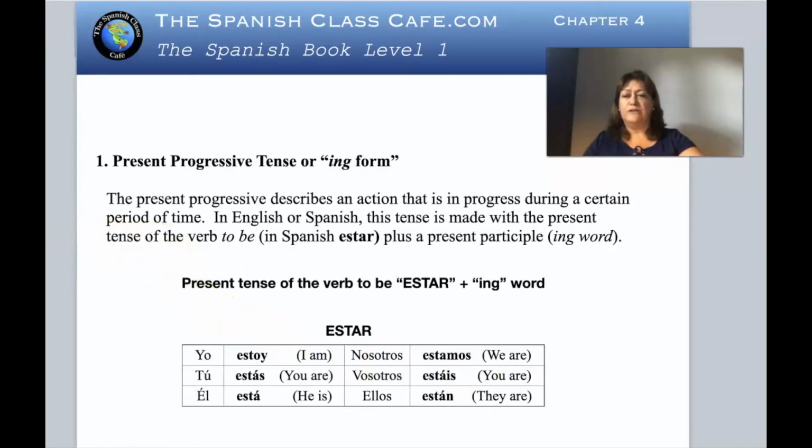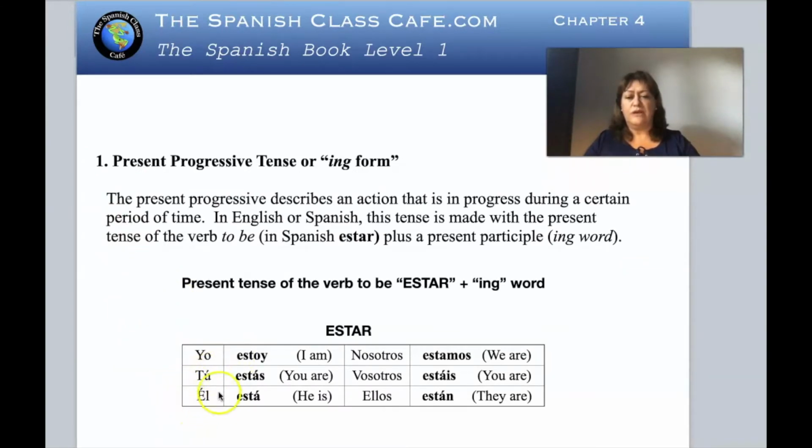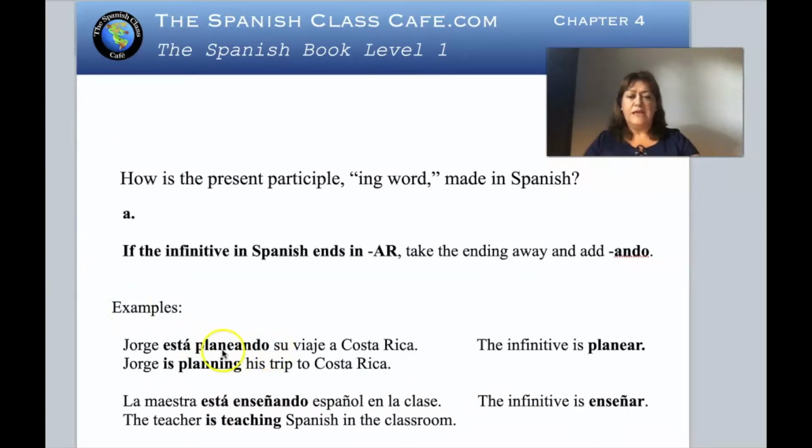Okay, let's see how we build the present progressive tense, or ing form. If the infinitive in Spanish ends in AR, we are going to change the AR for ando. And then, like we said, the verb of the sentence is going to be the present tense of the verb estar. Then for Jorge, that is he, and we see the chart right here, Jorge will go here, él. Then él está. Now, because we are using planear, that is an AR verb, then we will say Jorge está